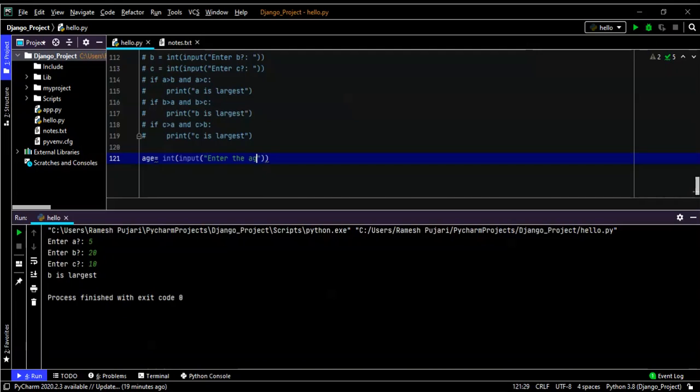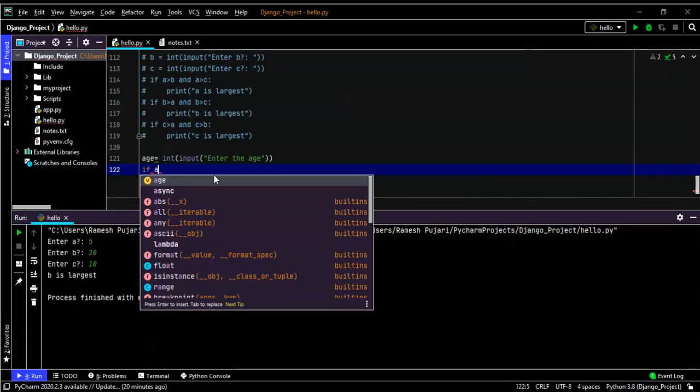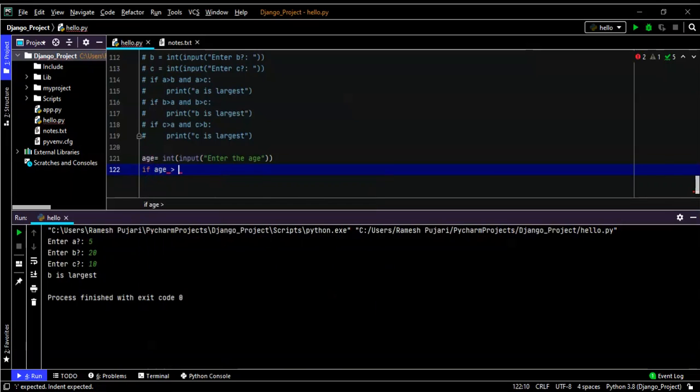I'm checking whether the person is eligible to vote or not. If age, which is the condition, is greater than 18, then he will be eligible to vote, so I will print person is eligible for the vote.